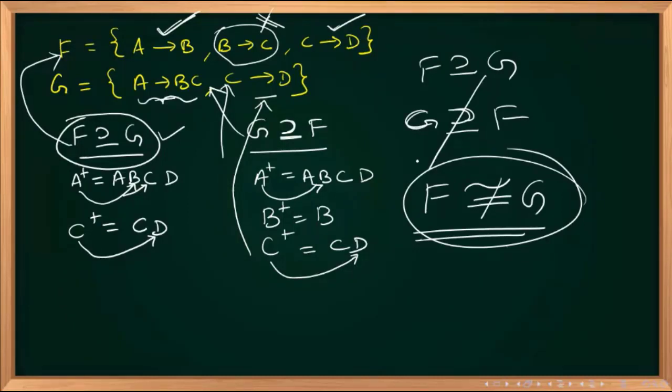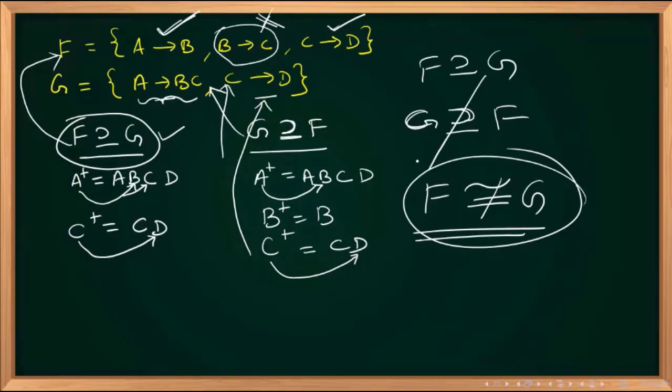Then what will I do? I will check whether that is a superset of the given one. Then it is correct. If that has all the functional dependencies which the original one had, then it is correct. Then why should I go with the original bigger one? I can leave that bigger one. That is the idea. Are you getting my point? Type yes. Yes, yes, yes. Fine, very good.